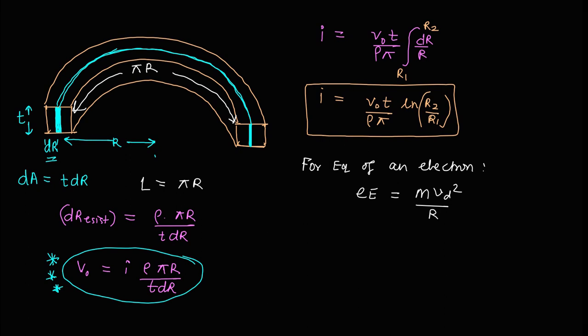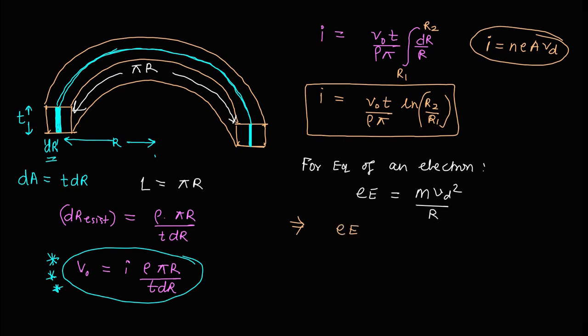And from the expression I is equal to neAv, we can put the value of drift velocity,